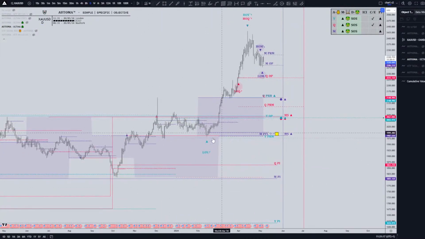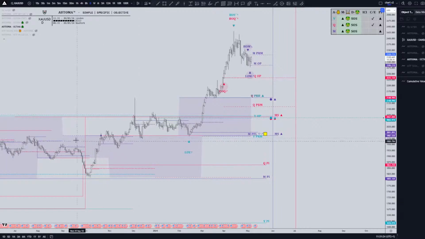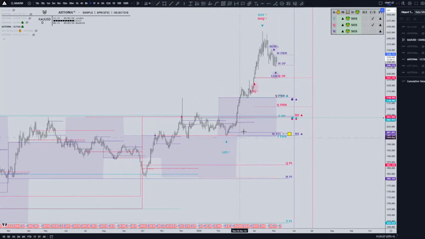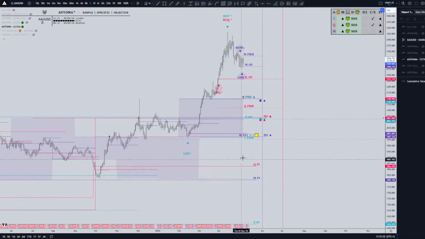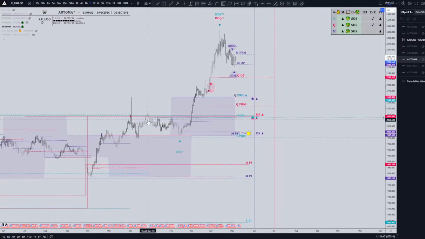Over here you can see more levels because we're applying ranges. As I mentioned, this is the monthly cloud, so that means monthly is the market structure. We're tracking monthly market structure with the monthly cloud. You can see the purple is monthly, quarterly is the pink or something like that, and yearly is this, I don't know what's the color. So with the ranges we provide early signs of strength and signs of weakness